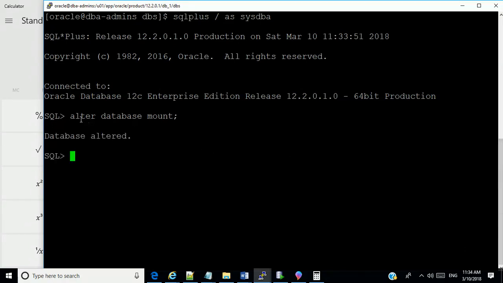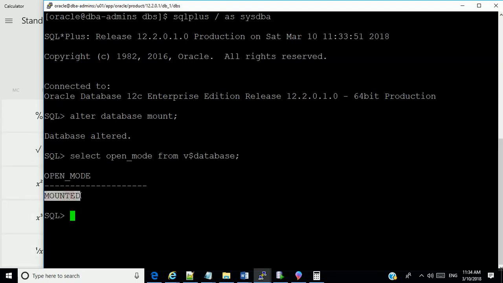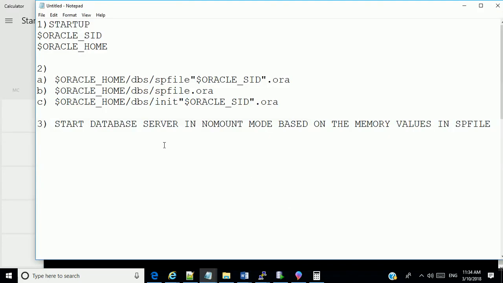Database is now mounted, okay. Now that view should be available. If I say select open mode from the dollar database, this is a dynamic view. It tells me that the database is mounted. When it's mounted, it's not open. Normally in this state, you want to do operations like